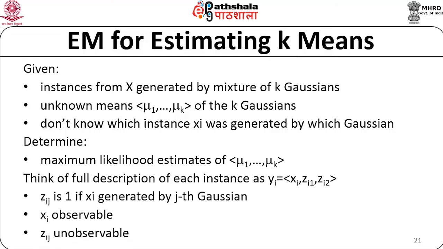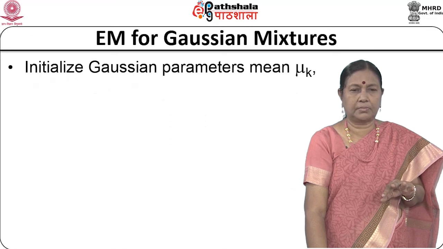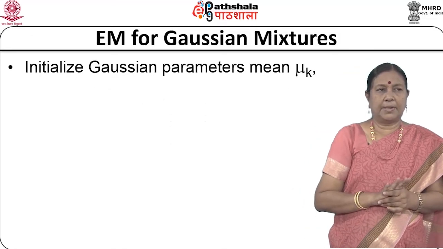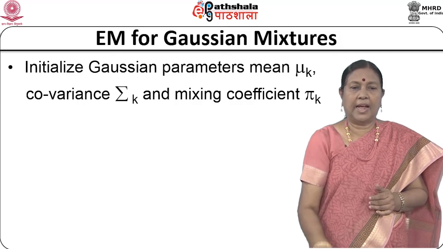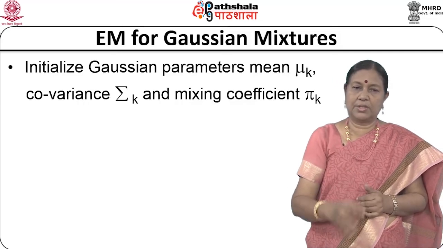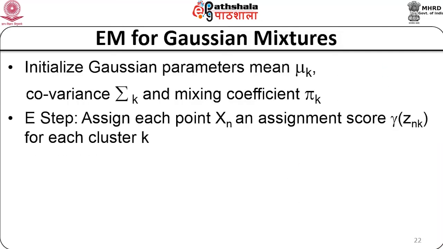So, it is unobservable. So, initialize the Gaussian parameters: the mean mu k, the covariance and the mixing coefficient. You just initialize those values. The initial step is you are guessing, like how we guessed QA and QB in the coin toss. Here we are just assuming these are the Gaussians; you can't just do it randomly, it is better to make an educated guess. So, in each step, given the data value, you assign it to each of the Gaussians